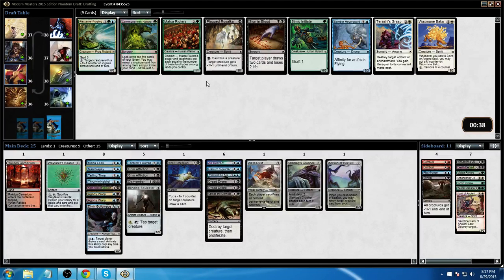Especially if we're on the draw and they start playing stuff, we just can't counter it with Mana Leak or anything. There's nothing here for me, so I guess we take a card that looks like...